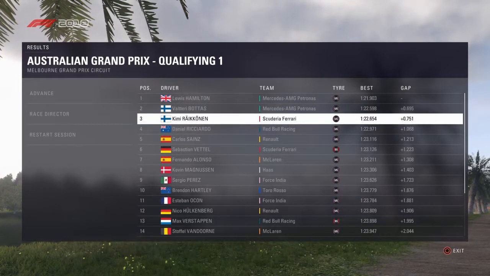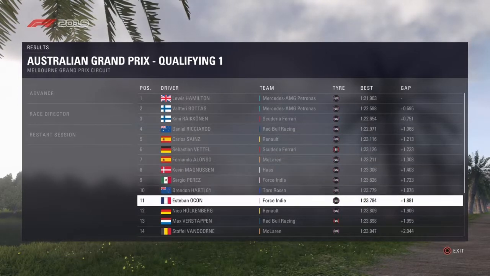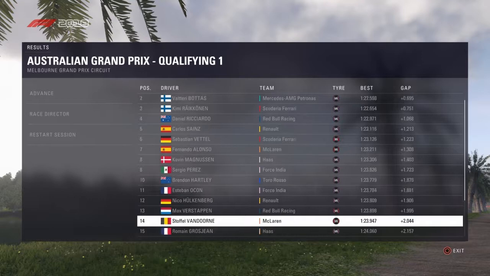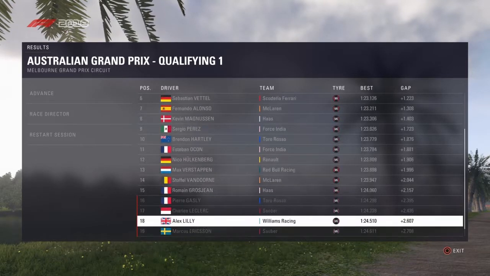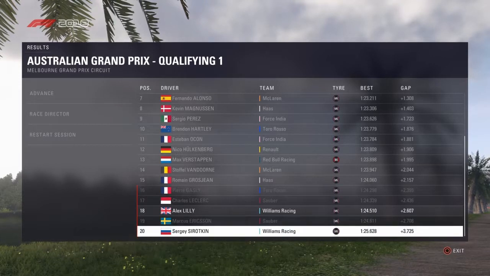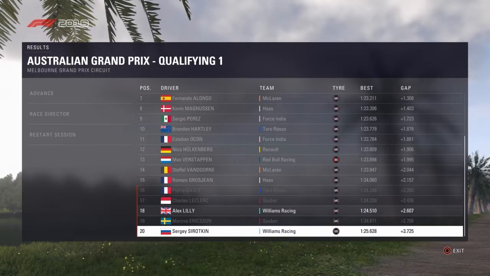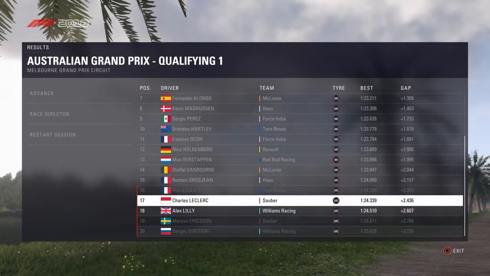So Hamilton, Bottas, Raikkonen, I should say, the 3 quickest. And we'll scroll down there. Hartley's done well to get them to 10th. Verstappen down in 13th. So it's Gasly, Leclerc, ourselves in 18th. So we've managed to out-qualify Ericsson, and Sorokin was a full second slower than Ericsson down in 20th. So we have managed to hit our qualifying objective, but we were half a second away from getting out of